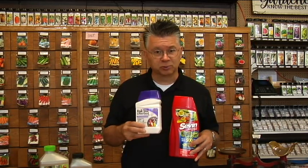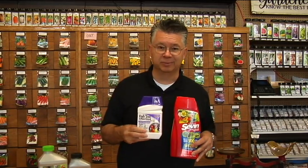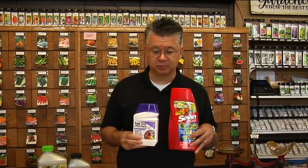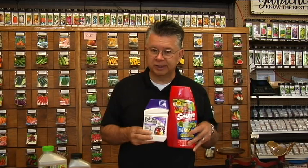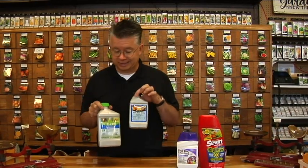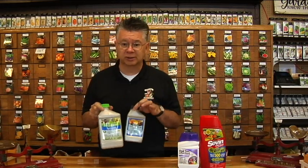Disease control as well as the insecticide is in the fruit tree and plant guard, and the 7 is just the insecticide as well too. But once every 3 weeks, really do a great job at controlling and preventing those insects from attacking your apples and your pears. That's what the codling moth mostly attack. If you want to go with the organic option, both of these do a great job. Disease control as well as insects, but about a 2-week residual on both of those for controlling insects in your